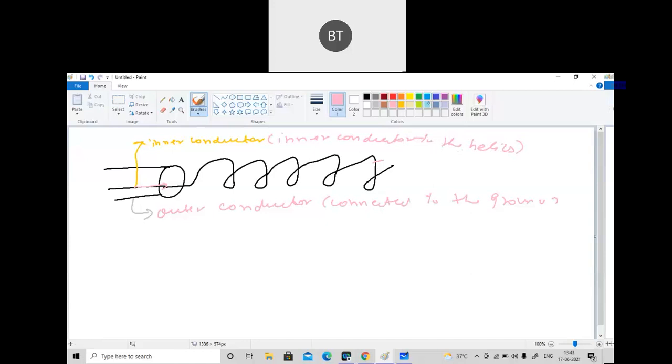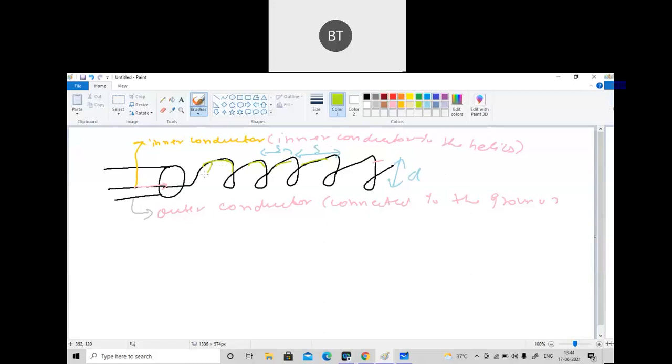And this part, if you can see, this is the spacing between these two wires. I'm denoting it by S. This is the spacing, and this is the diameter. The spacing is between them, and this is the width of one wire, and then the second wire is there. So the spacing is denoted by S here.